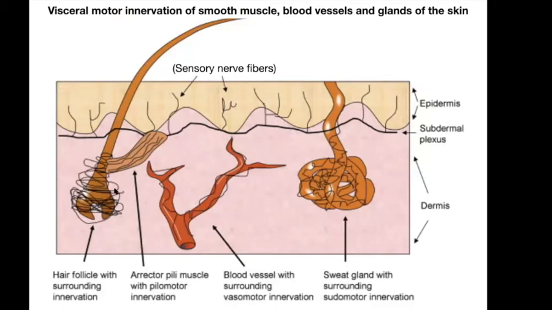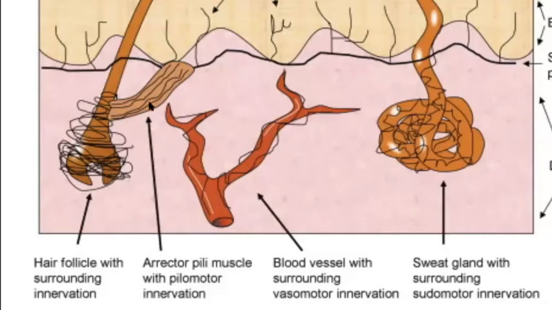So when I talk about that, the smooth muscle might actually be a direct strip of smooth muscle, like these arrector pili muscles, which make your hair stand up over there. Those will be innervated by autonomic fibers. The smooth muscles in your blood vessels around here can control the flow of blood toward here for temperature regulation, and the innervation to your glands over here makes you secrete more sweat. So this is a good example of a variety of stuff that this visceral motor control is going to control right here, right?